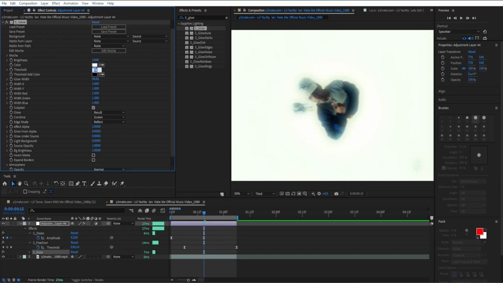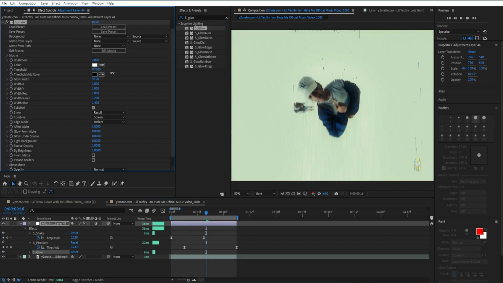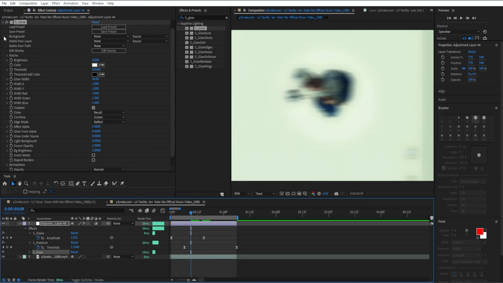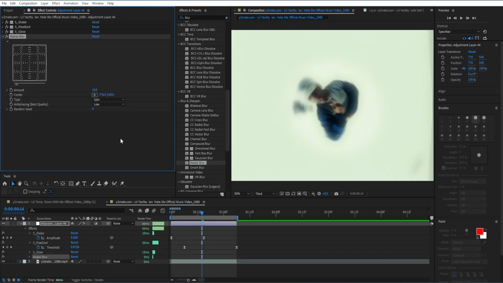I'm gonna put the threshold on 0.2. I'm actually gonna increase it a bit more, just about right there. Once after adding S_glow, I'm gonna bring in radial blur, and before I hop into the final settings for this effect,